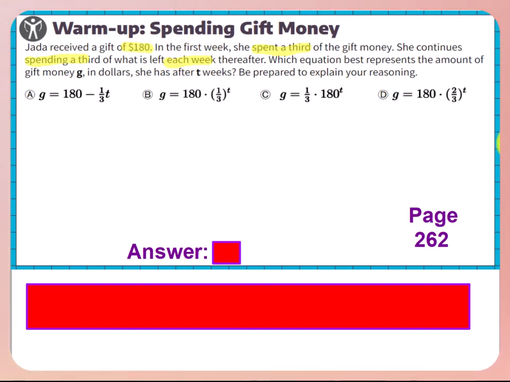So let's try to write the equation without looking at the answers to guide us. All right, so let me go ahead and highlight the variables. We're going to use G for gift money and T for time, the amount of weeks. All right, so we're going to say G is equal to the initial amount, 180,